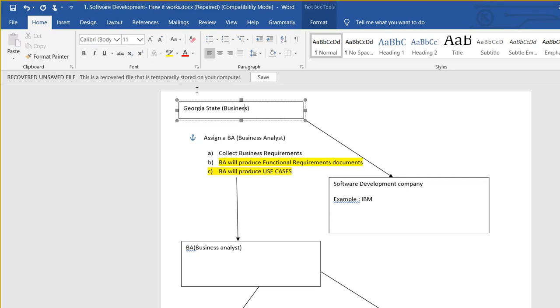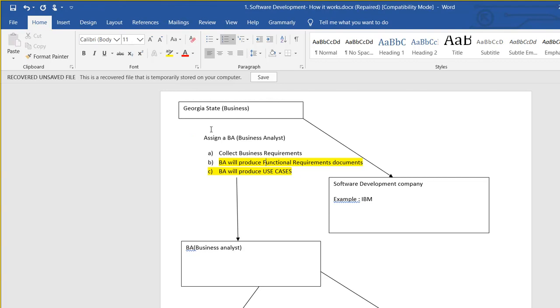And after collecting these brief requirements, the BA does further work to create a detailed requirement document which we are calling the functional requirement document. This is a more detailed discussion of the function.